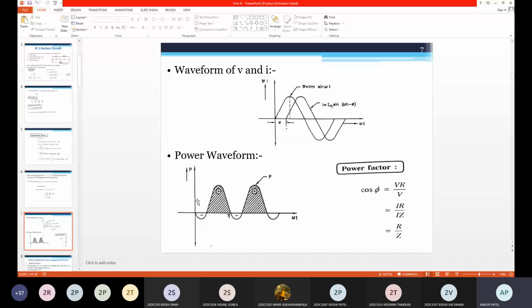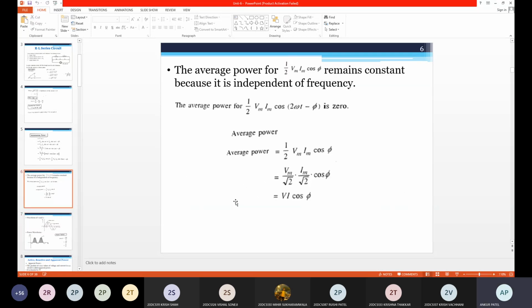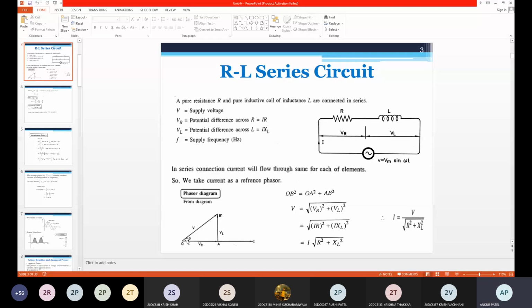Suppose I draw this middle line at the positive side. At this line, your average power P equal to VI cos phi is the true power. And this negative portion is your reactive power, your useless power. That is why in the circuit this should be minimum. Otherwise the loss in the circuit will increase, meaning you have to pay more rupees in billing. So this cos phi, you can find from the phasor diagram. Cos phi means what can we say?